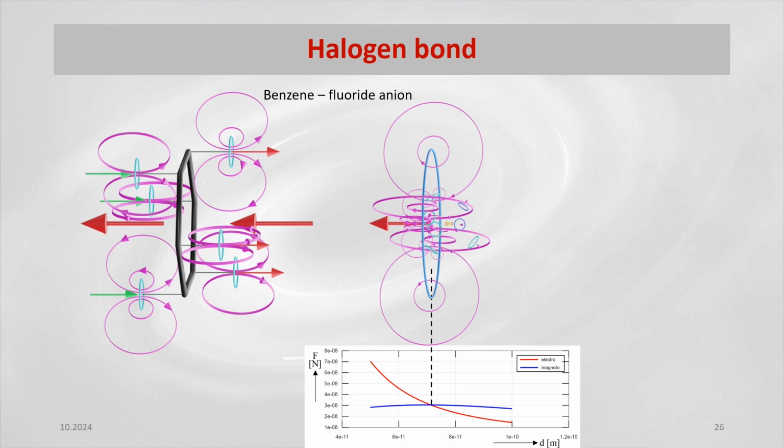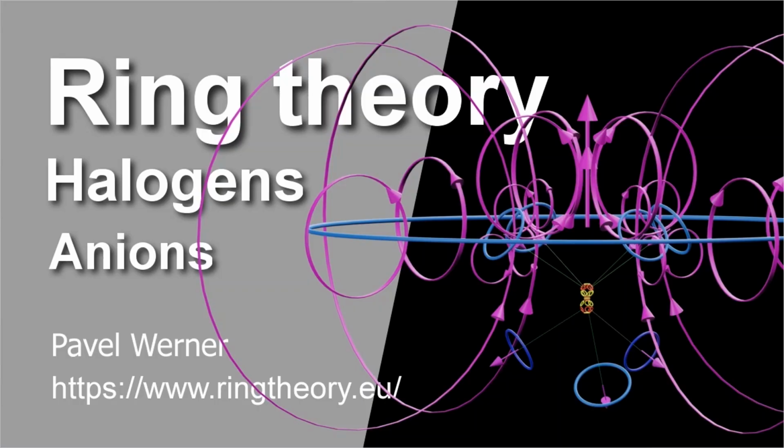According to the ring theory, the dynamic equilibrium distance of the benzene fluoride anion complex is determined by the equilibrium between the electrostatic repulsive force between the fluorine anion electron and the 3 pi electrons of benzene, and the magnetic force of attraction between the magnetic moment of the benzene molecule and the magnetic moment of the fluoride anion, all in the benzene molecule axis. The aim of this paper, study, was to show, using models of halogen atoms and their